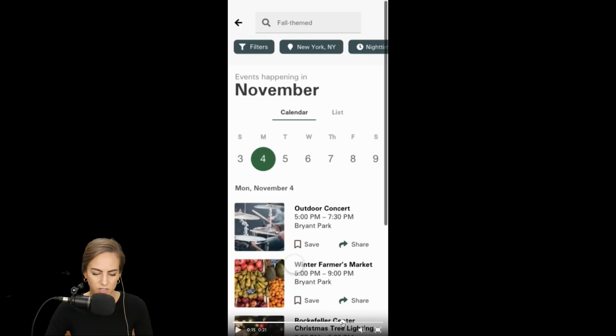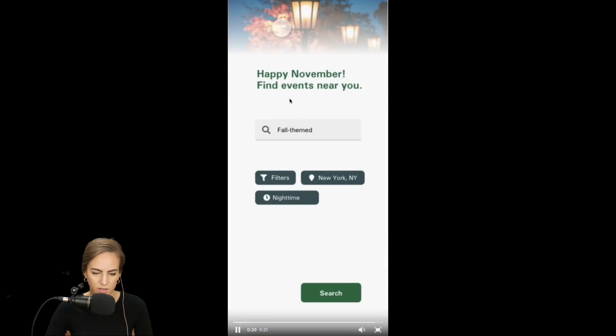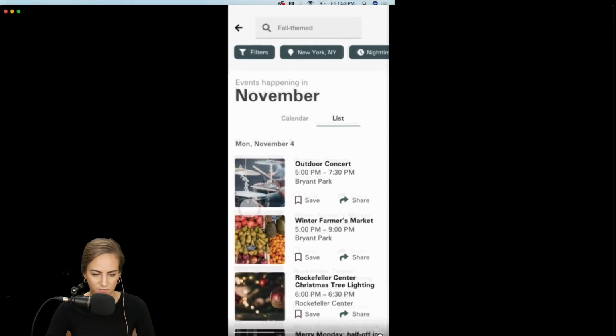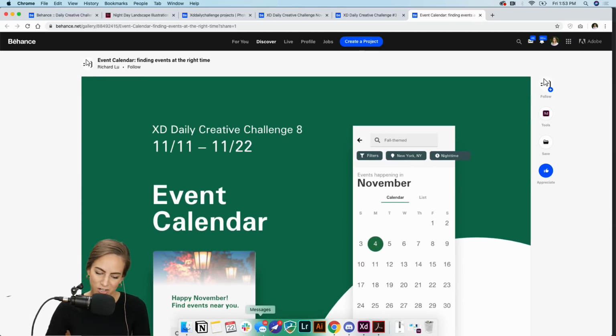One suggestion is when you're going from this page to the next page. Let's see it. Yeah, I would just keep these static instead of having them animate down. But other than that, this looks great. I love your layout with the toggles. Yeah, this is great. Awesome. All right. Thank you for sharing that one, Richard.